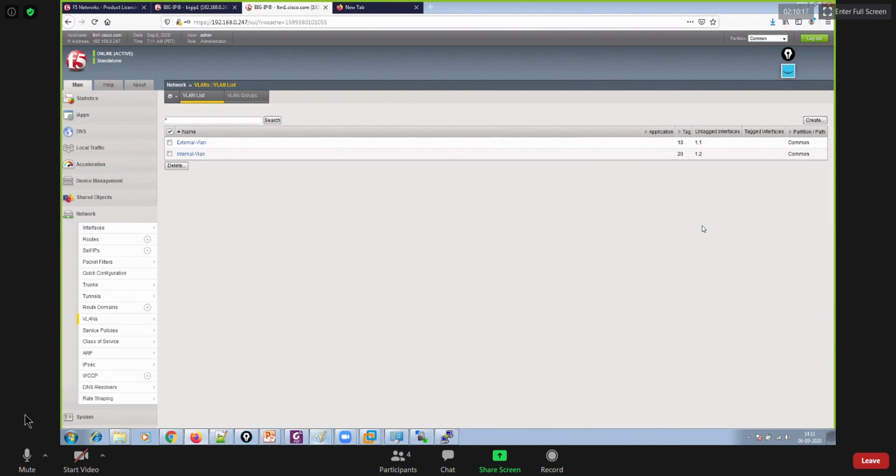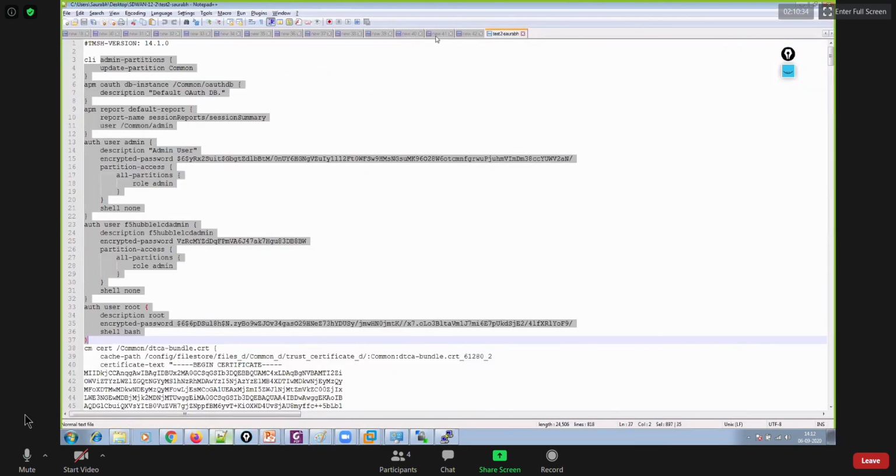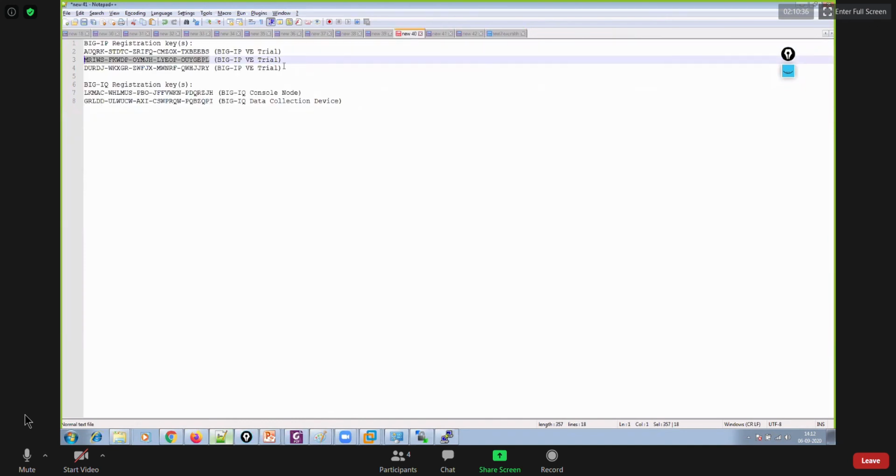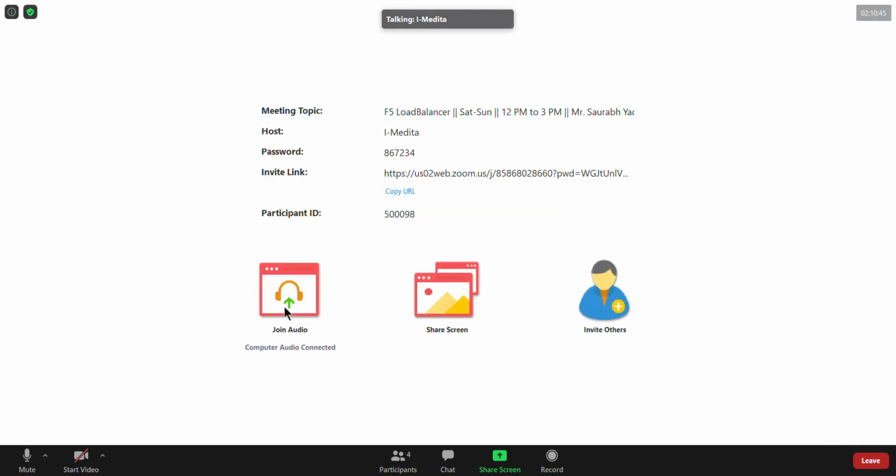In case you are accessing our lab, again you will have to install the license, but you will have to ask me for the license keys. You will have to come back to me. I'll provide those keys. So for example, let me give you one key over here. I have one spare key, so you can use this key and get one of the devices licensed.